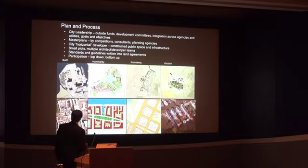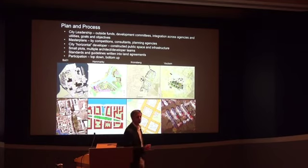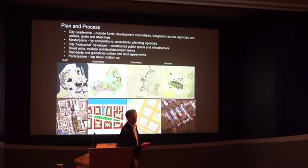They also used master plans, which is a kind of old-fashioned way to think about things to some degree. Some they did by competition, some with consultants, and some within the planning agencies. They have a pretty good representation in these examples. The key thing was that the city was the horizontal developer. Now, do you all know what that means? What a horizontal developer does? Ground plane. What? The ground plane? Yeah, they design